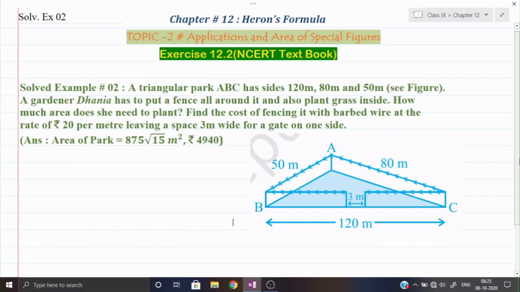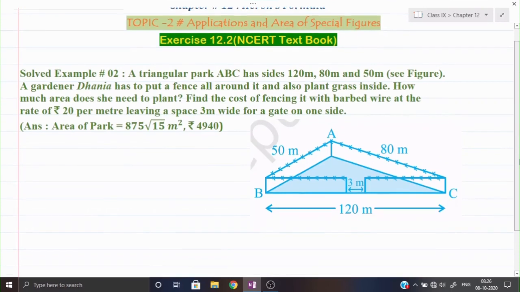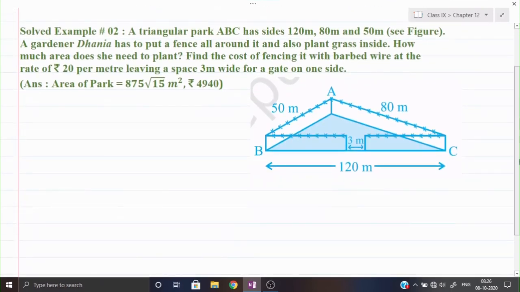So actually the question is divided into two parts. First of all, we have to find out the area of the grass, and second, we have to find out the cost of the wire. Okay, so first we shall talk about the grass. As we can see, the grass has covered the whole surface of the triangular field. So we can say that the area of the grass will be equal to the area of the triangular field. To find the area of the triangular field, I will apply Heron's formula, because I have been given the values of all three sides, and then by applying Heron's formula I can calculate the area of grass.